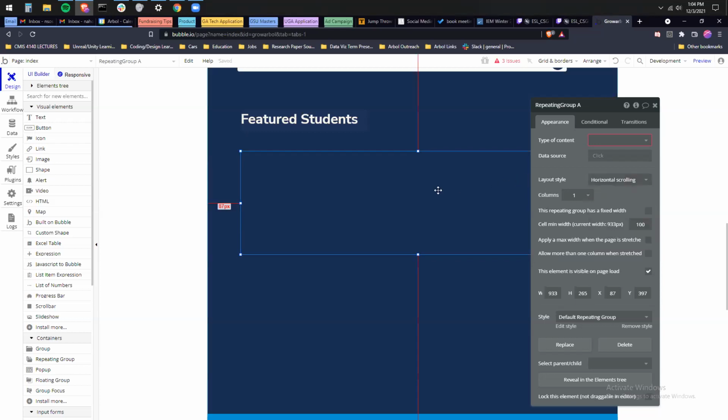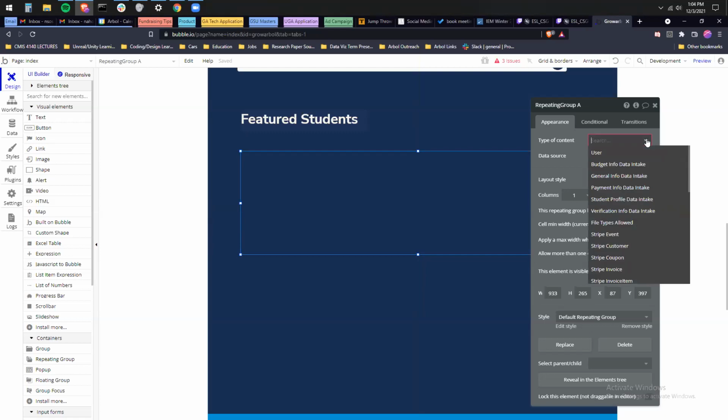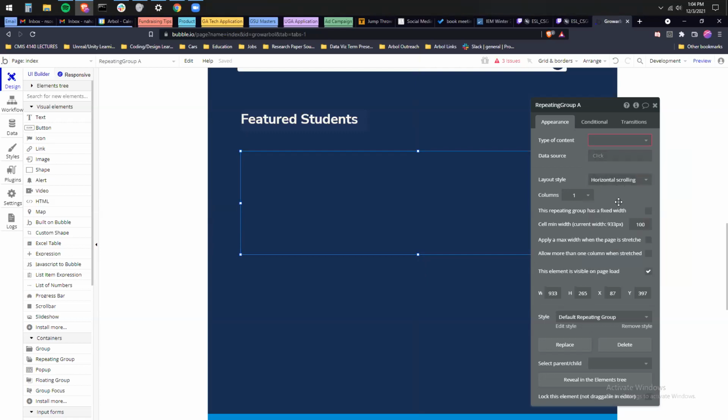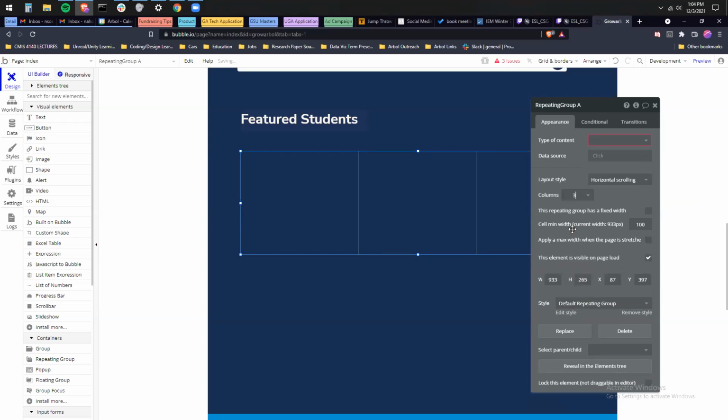There you go. And the columns, I think you'll want to go with probably 3, maybe. And then what you can do is, the repeating group does not have a fixed width, so probably make the cell minimum width.